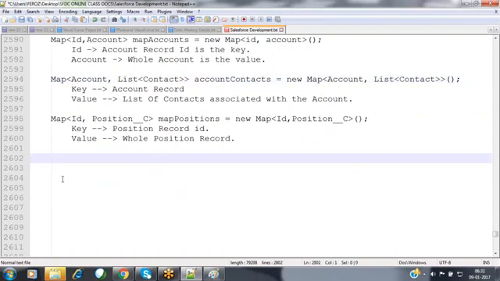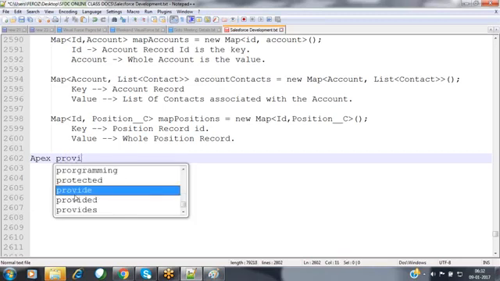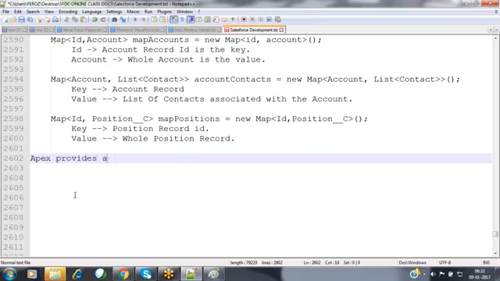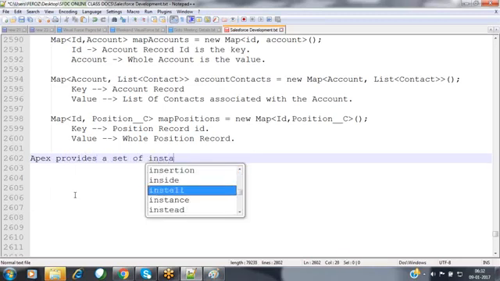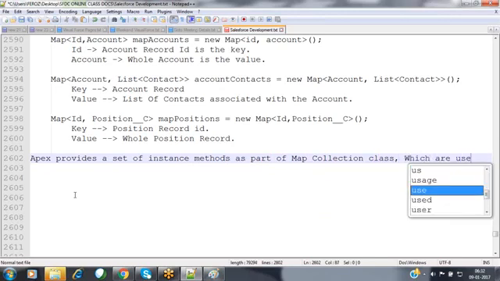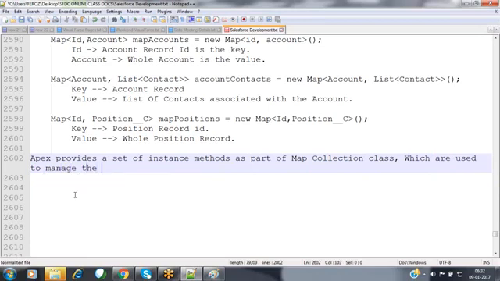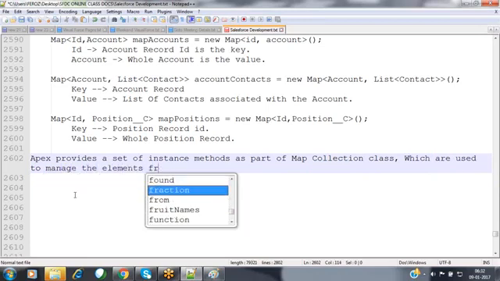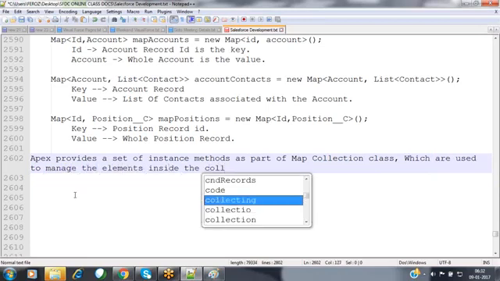Now in order to manage the elements inside this map collection, Apex provides a set of instance methods as part of the map collection class, which are used to manage the elements inside the collection.